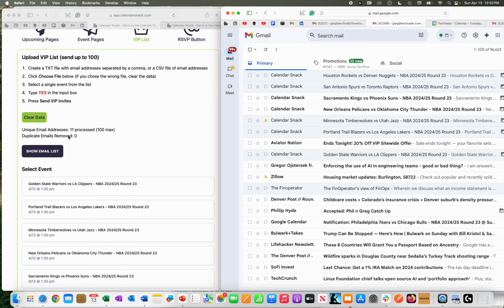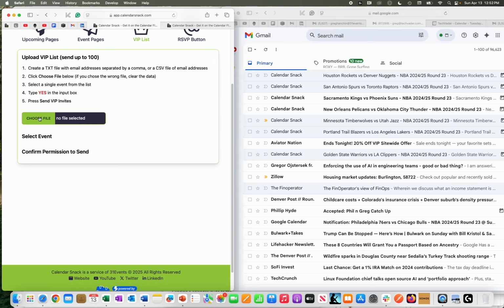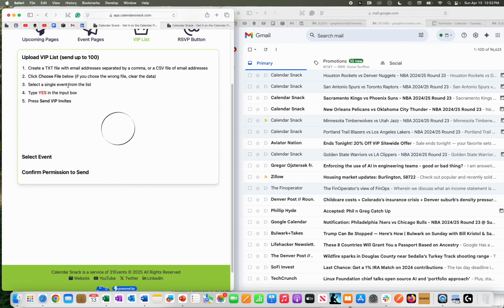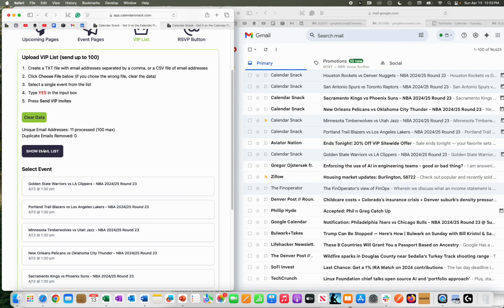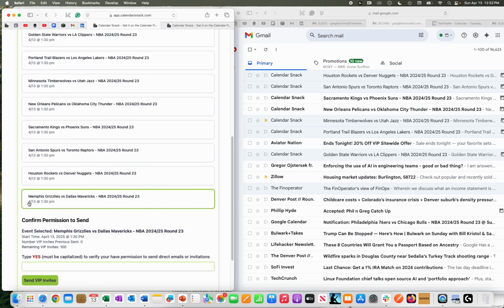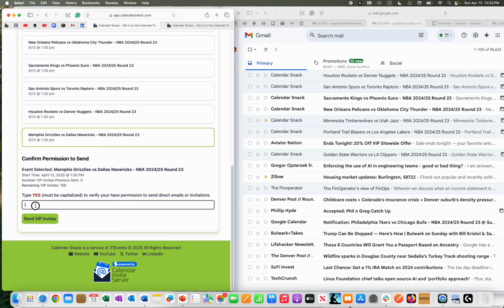So what I'm going to do is go ahead and clear the data, and I'm going to do another bulk run real quick for the last game of the season. It's going to load the data there. I can show you the list. Loads it into the browser via our API kit, and that'll be the last one, the Grizzlies versus the Dallas